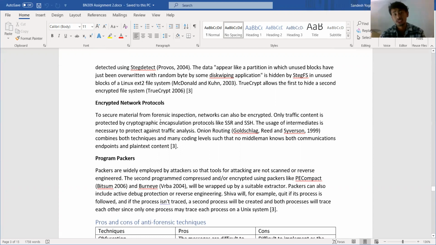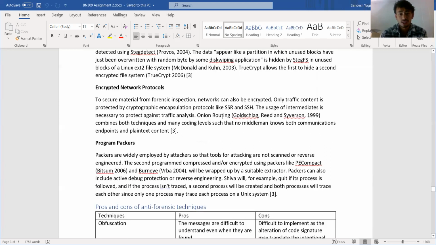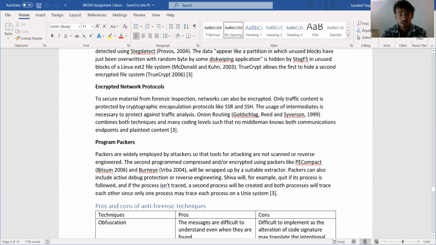Another one is encrypted network protocols. Encrypted network protocols are like using an encrypted connection to send fake emails or something like that. There are different cryptography encapsulation protocols like SSL and SSH. Along with that, there is onion routing as well, which falls under this one too. It follows different paths to get to the victims,